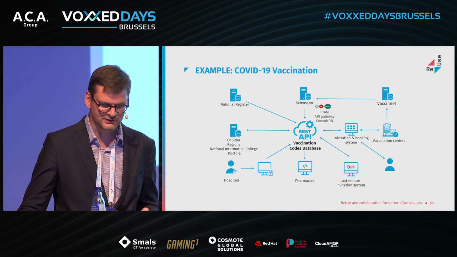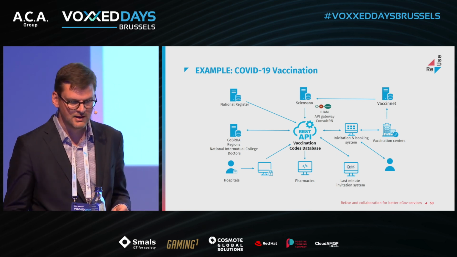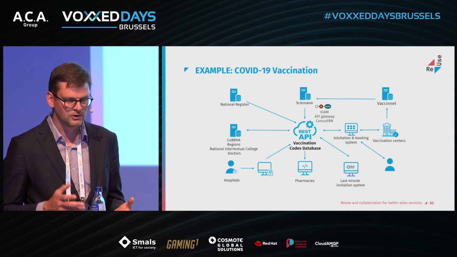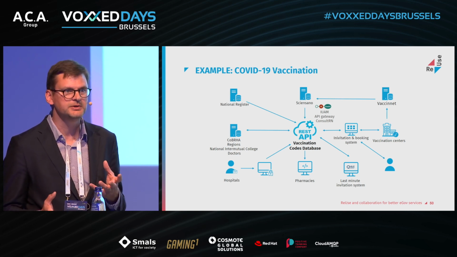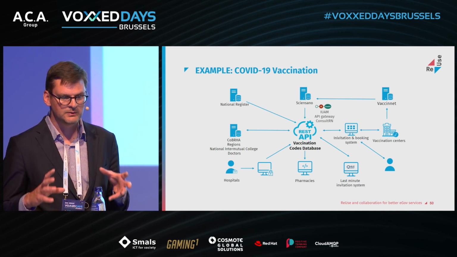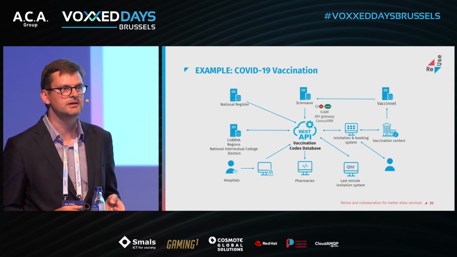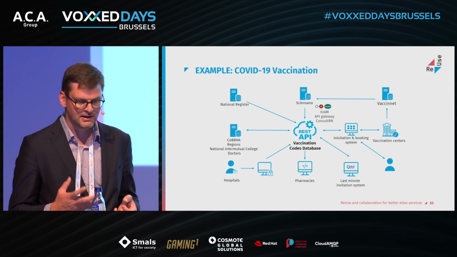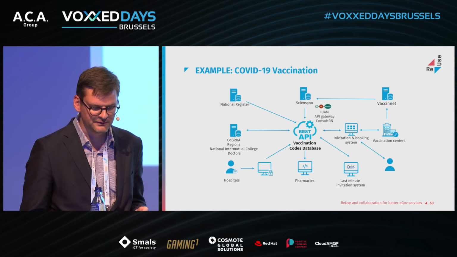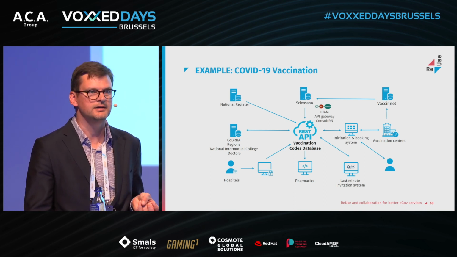So we have, for example, the source at Vaccination, the National Register, or other databases together with different actors or communication platforms. When we put them together, it's possible to create new APIs that combine these things and provide, for example, a vaccination code database that is then used in the vaccination